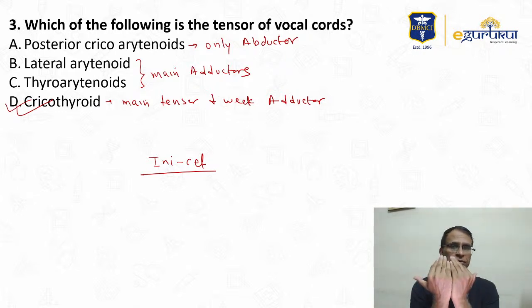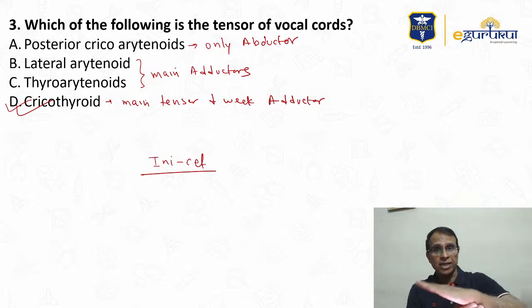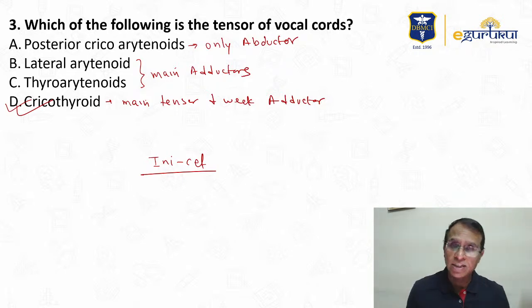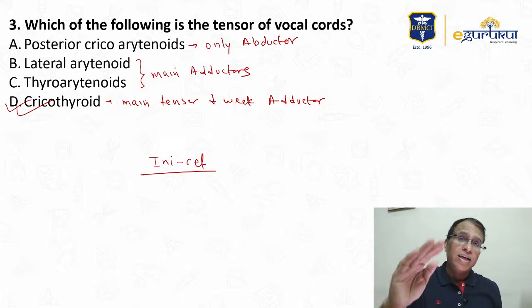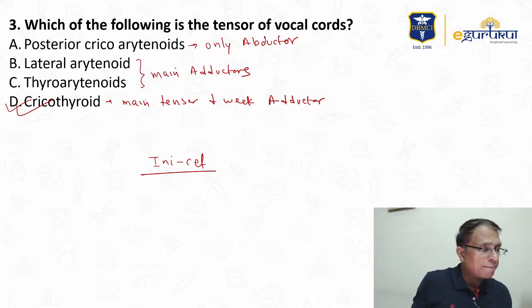The face of the thyroid cartilage is turned anteriorly and inferiorly. It's not down only, it is anterior and inferior. It turns like this. So when it turns anteriorly and inferiorly, it pulls the vocal cord, and that makes it tight or tense. Okay, so please make that correction in your concept. It is not pulling it down, it is turning, and it is not down, it is anteriorly and inferiorly. Okay, correct. Now you are right.